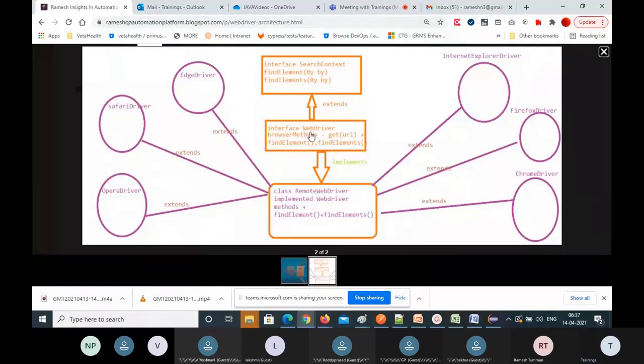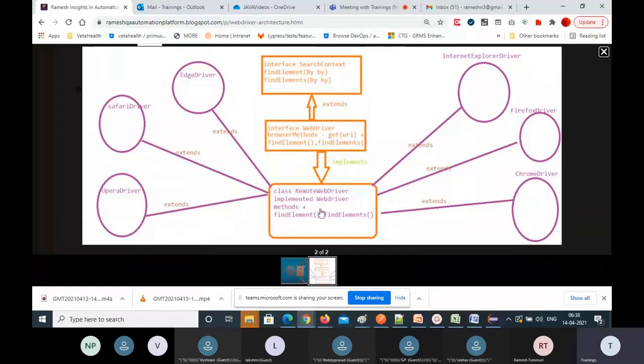But when you are implementing WebDriver, automatically you have to implement SearchContext methods also in the classes. Now WebDriver is implemented mainly in the RemoteWebDriver class. In the RemoteWebDriver class, these WebDriver methods and SearchContext methods are implemented.